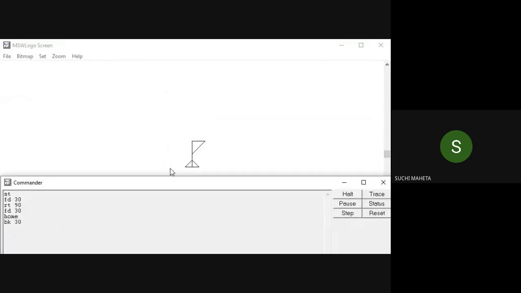LT space 90. FD space 30. And HOME. My turtle. Now see, right? So draw this shape, shape number 2, in your textbook.